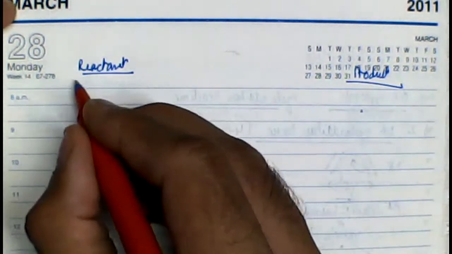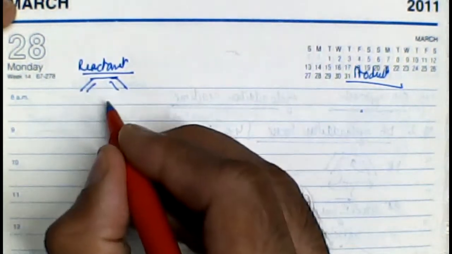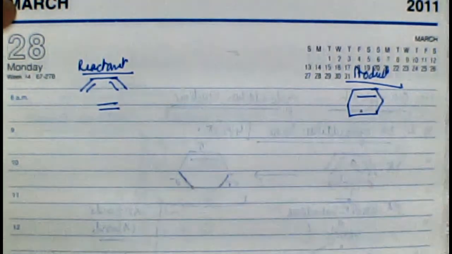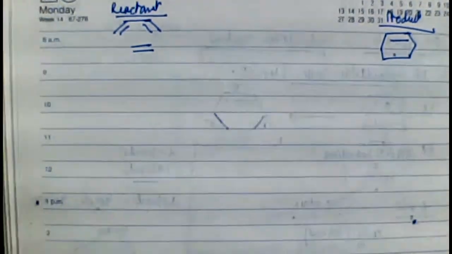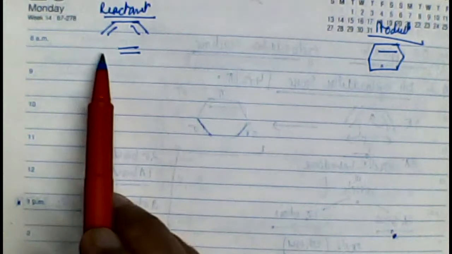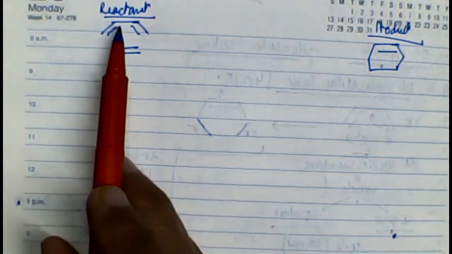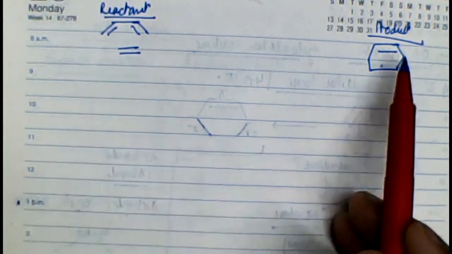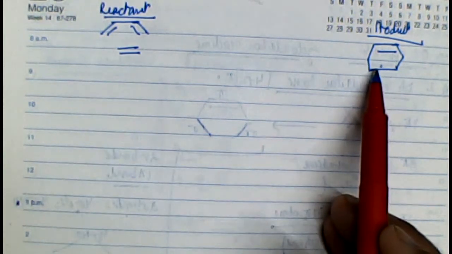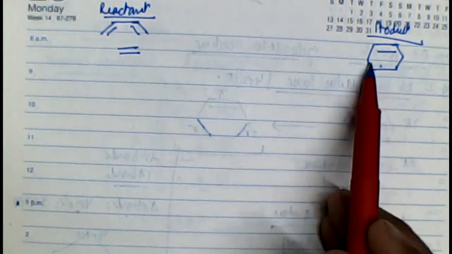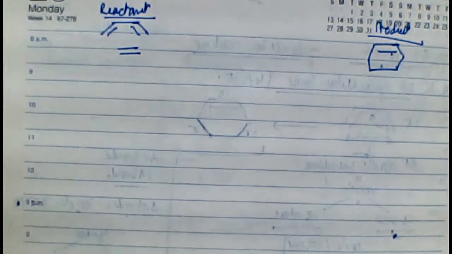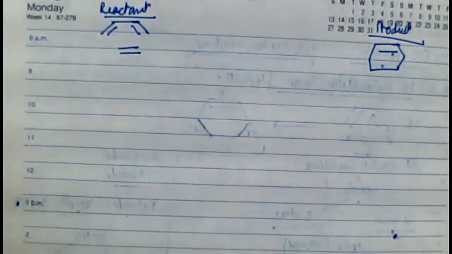On the reactant side, I know I have 2 reactants. One is my butadiene molecule and another one is the ethene molecule. On the product side, I know I have a cyclohexene ring. Now in drawing the reactant molecular orbitals, remember I have to draw 6 molecular orbitals corresponding to the reactant system, 4 coming from butadiene, 2 coming from ethene. I have to draw 6 molecular orbitals corresponding to cyclohexene, 4 contributed by these 2 sigma bonds, that is 4 sigma electrons, and 2 coming from the pi bond. Right. Let's first of all draw the reactant molecular orbitals.